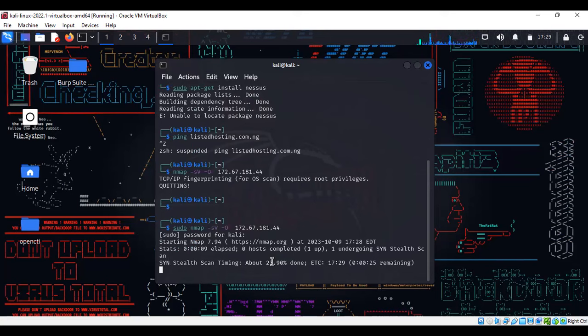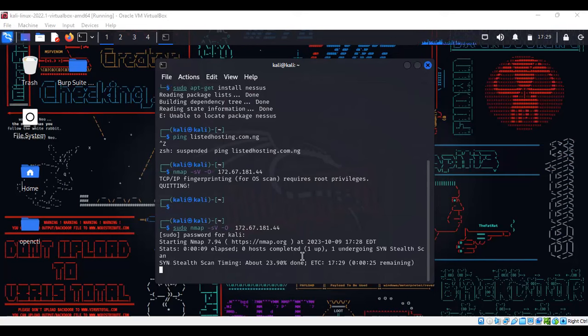So that is for port scanning. Now there are different functionalities on Nmap that can really help when it comes to port scanning, understanding your network and a whole lot.